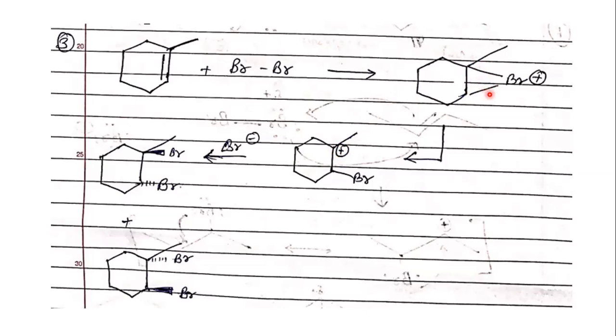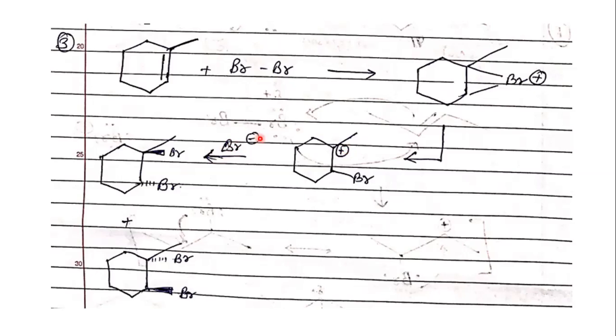If this bond, the one that is highlighted right now, is broken, you will get a secondary or a primary carbocation, which will be on this carbon. So obviously, as per carbocation stability, a tertiary carbocation is far more stable. That is why this bond is going to break, leading to the formation of the more stable tertiary carbocation,